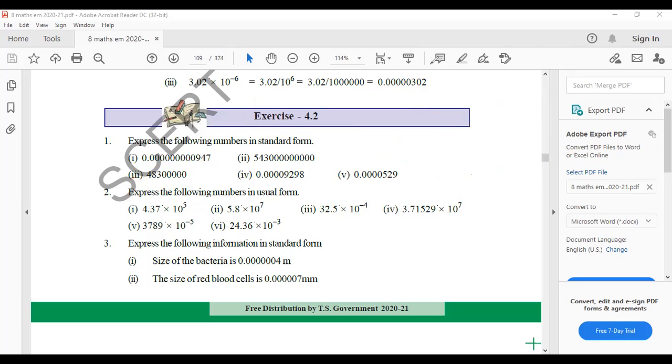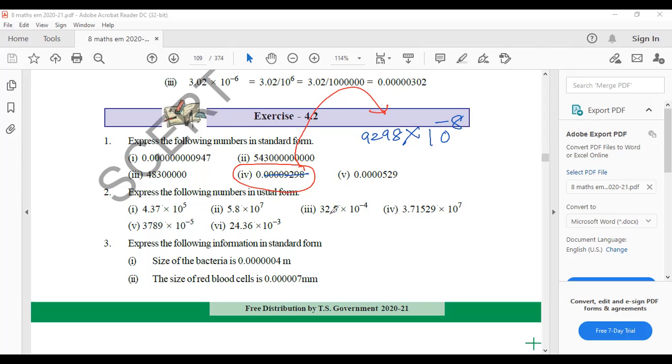Now we look at the next question. This one will be in decimal form. You must take care first of all. Looking at that, how many digits are there? 9298 into, count all the digits: 3, 4 plus 4. How many are there? 8. This is 10 power minus 8. It becomes better.